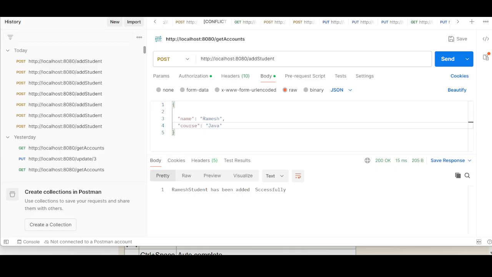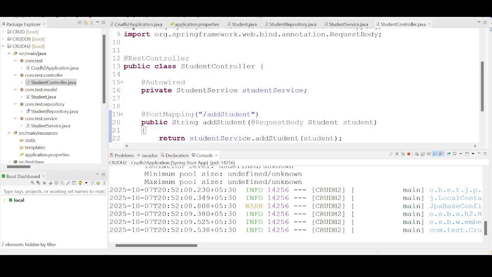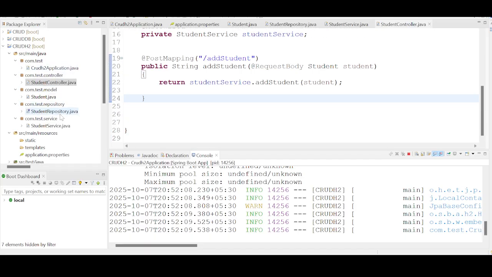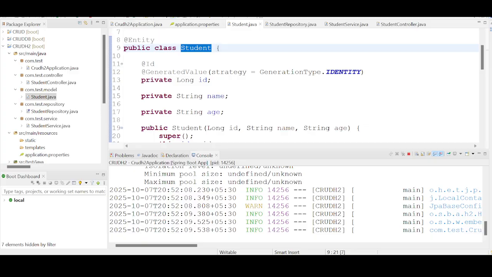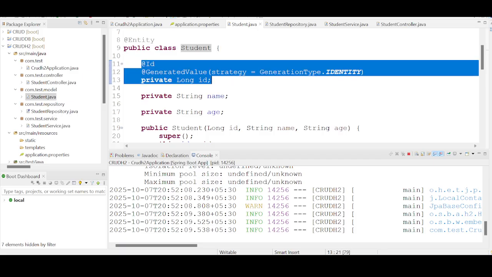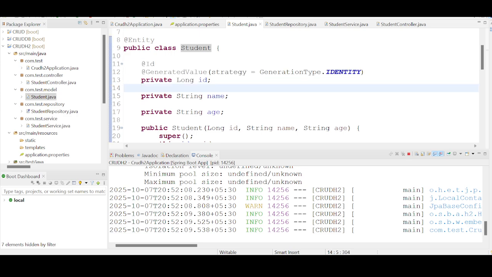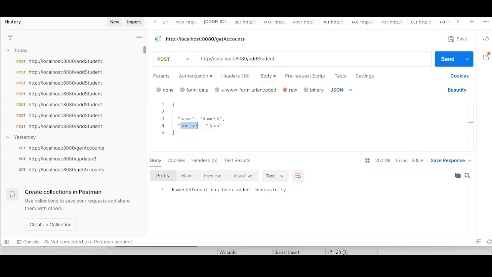I want to use Postman, right? What are the variables that we have in the entity? We have three variables. You agree? How many variables in the entity class? Three variables. But we need to ignore the ID because Spring Data JPA will take care of generating the primary key, right? Generating the IDs. So you need to worry about name and age. We'll just supply the name and pass the age. Let us say name is Ramesh and age is 25. Because we are using the string type now, I'm just putting it in double quotes. If I run this,